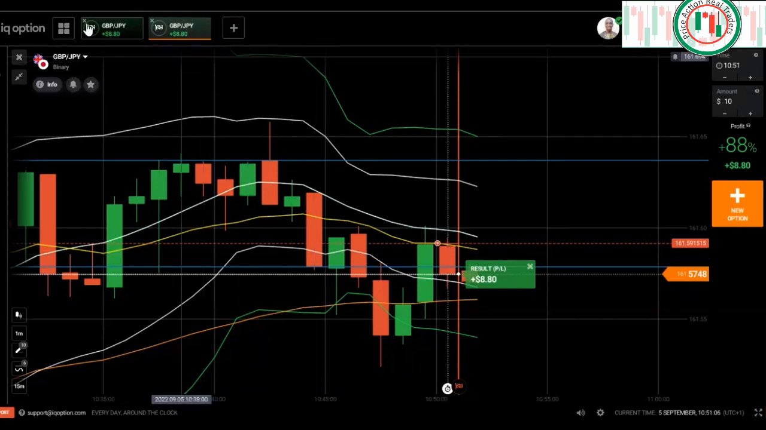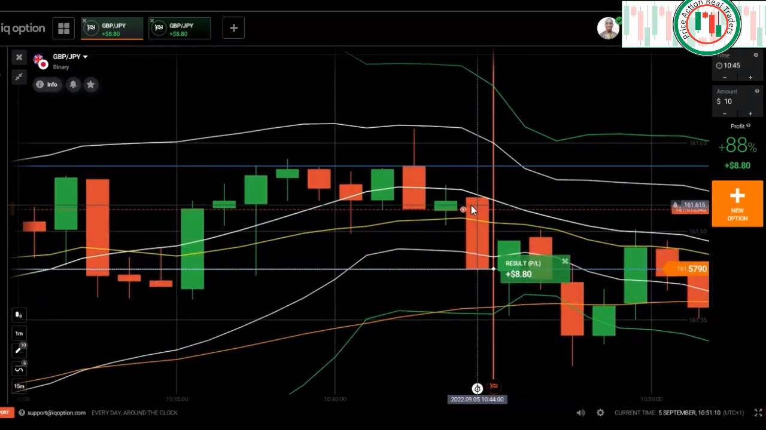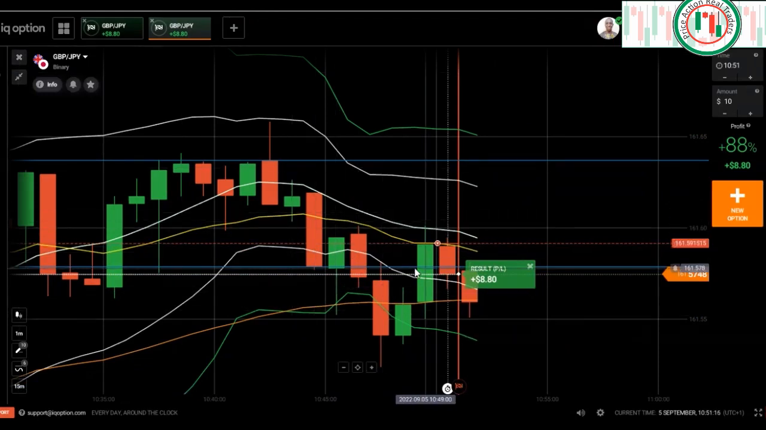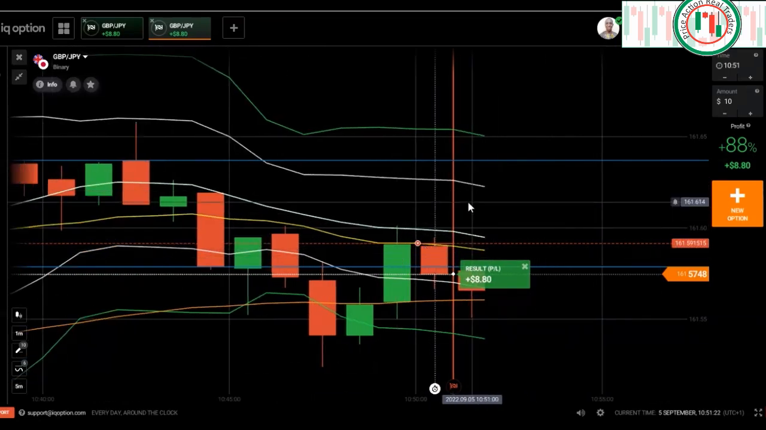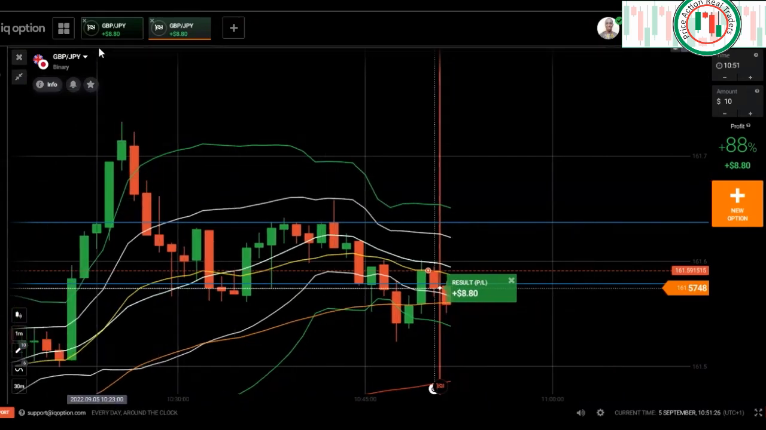You see in the same pair, I took trade here. After I took trade on this candle, after 1 2 3 4 5 candle, I took another trade. After 5 minutes, you see, easy, simple. So this is the way. Let me explain more